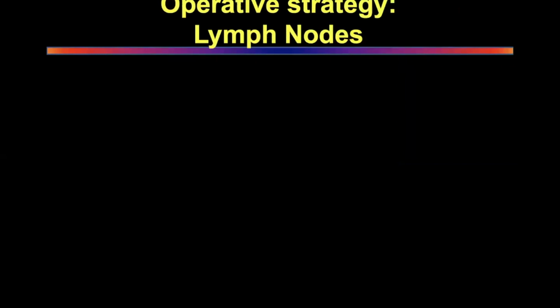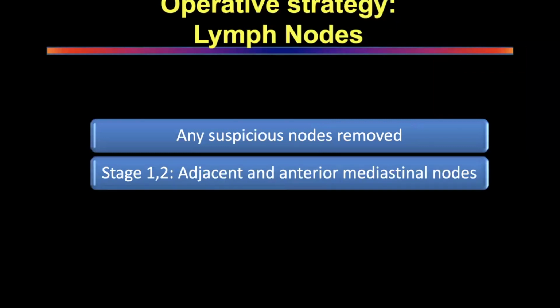So what about lymph nodes? A lot of people ask this question, what should we do when we are taking out anterior mediastinal tumors? Should we do lymph node dissection or not? Any suspicious node should be removed. If you see a suspicious node in the pre-op PET, you must try and take out that. If it is stage 1 and stage 2, then just the adjacent and the anterior mediastinal nodes need to be removed. If it is stage 3,